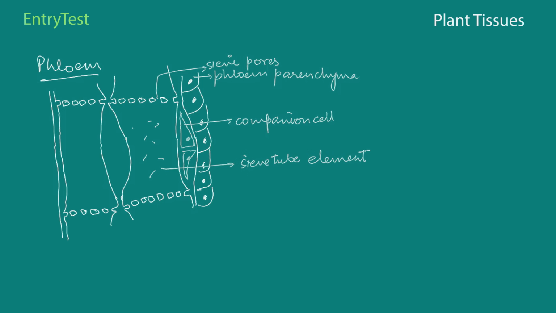So coming to these sieve tube elements, what are these? These are actually long tube-like and they are situated longitudinally. Additionally, they have end walls that are perforated, forming sieve plates. They contain peripheral cytoplasm. But they do not have their own nucleus. They even have a large vacuole. No nucleus is there, and that is why the functions of these sieve tube elements are controlled by the nucleus or the nuclei of the companion cells.